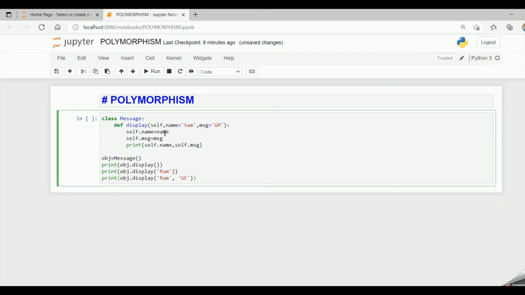So it prints Ram for the name and good morning as the message. Since I am not passing any message parameter, it takes the default value, that is good morning. And in the third case, I am passing Ram and good evening. So instead of Sam and good morning, Ram and good evening gets printed. So now when I run the code,